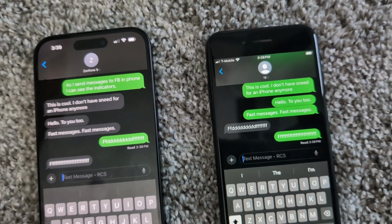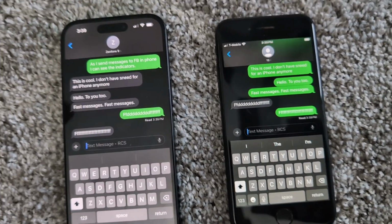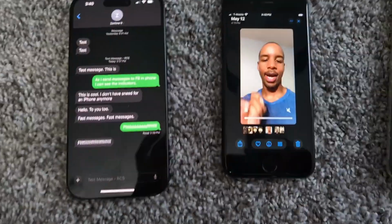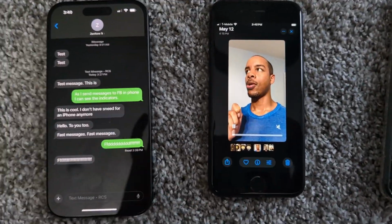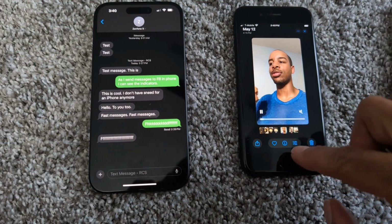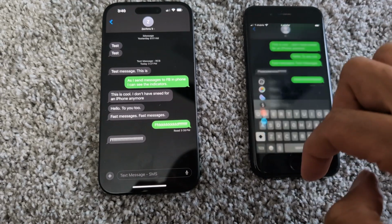So essentially, I hate when people say it's iMessage for Android. It's really just another messaging standard. Okay, so what I want to do, and let's see if this works. So in fact, let me do this. Let me come back here, and tap that,